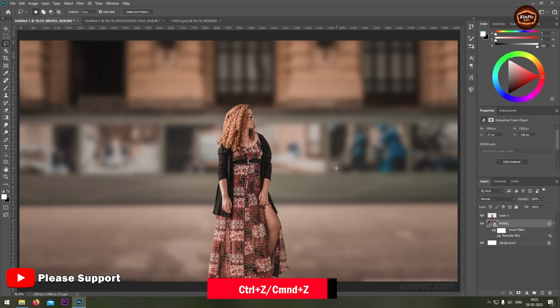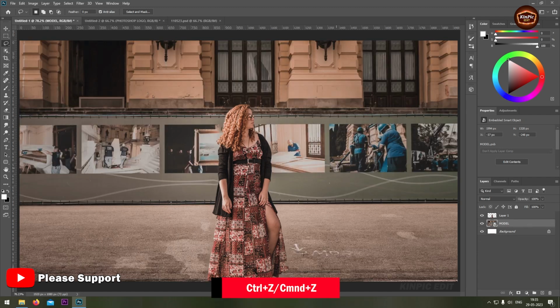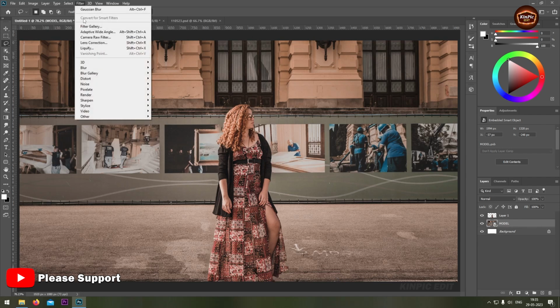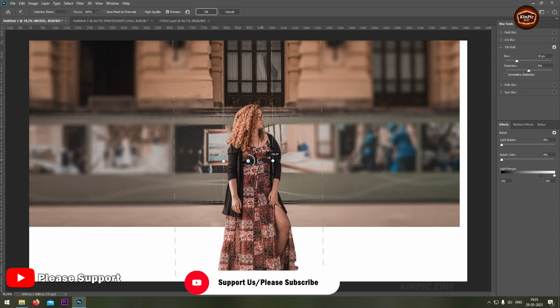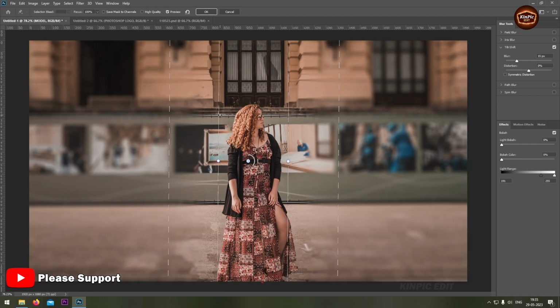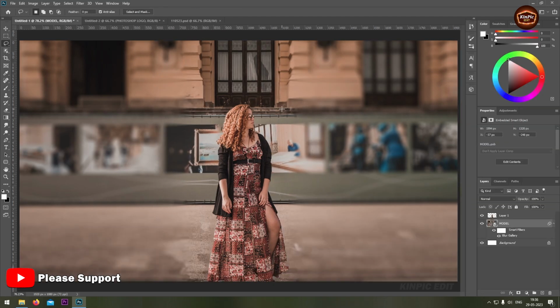Now Command or Ctrl Z, select this layer, go to filter, blur gallery, apply tilt shift. Hit OK. You are done. Now number 3, Ctrl or Command Z,